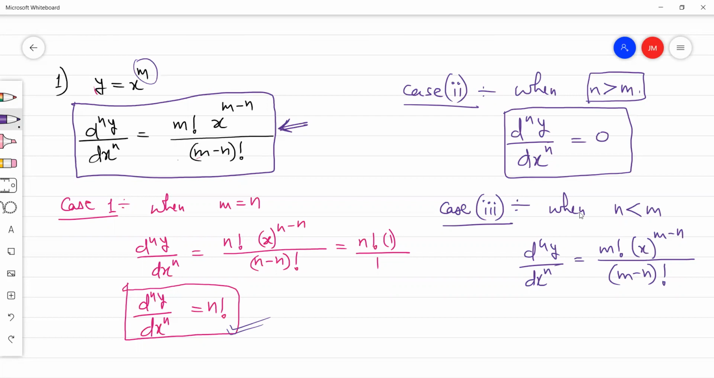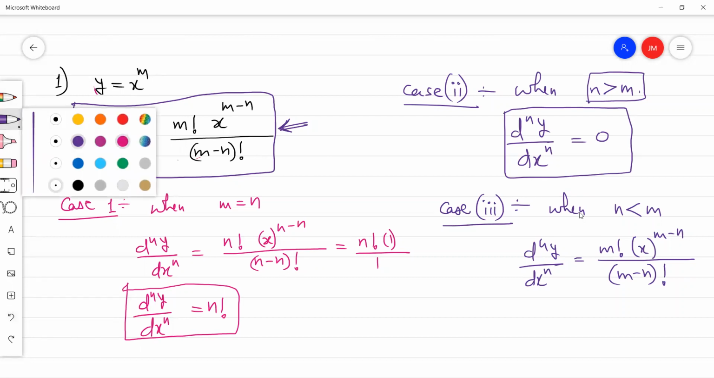Then the next was n greater than m. Now, when n was greater than m, you saw that the nth order derivative is 0. And finally, when n is lesser than m, what I said, this is the answer. Now, students, using what we did in the previous video, I'm going to now tell you